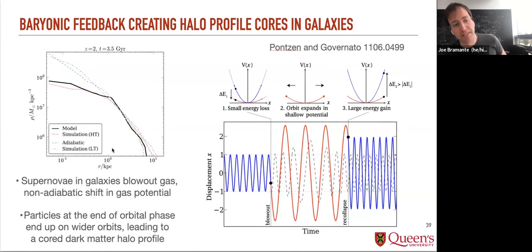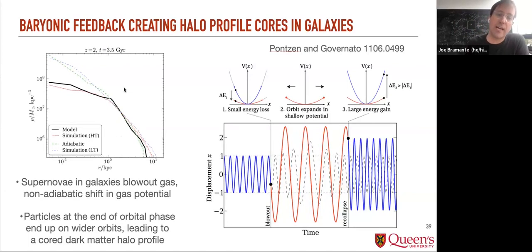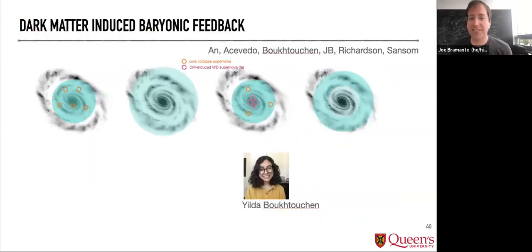And so they showed in simulations, and lots of follow-on work has shown, that you can get coring of your galactic center density in a lot of dwarf size and even larger galaxies. So this is distance from the galactic center, and this is density in the galaxy through this sort of baryonic feedback effect. And so with grad student Ilda Buktuchin, who's gotten really good at running a galaxy simulation code called Gizmo,